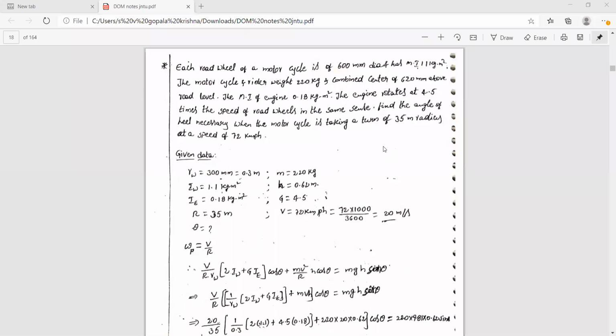Okay. Now all of you observe the problem belongs to the two-wheeler vehicle. Each road wheel of a motorcycle has a 600 mm diameter, and the moment of inertia of a wheel is 1.1 kg meter square, and the motorcycle and the rider weight